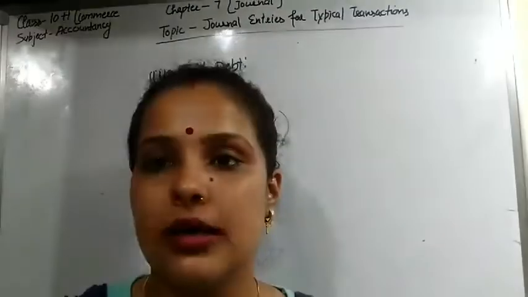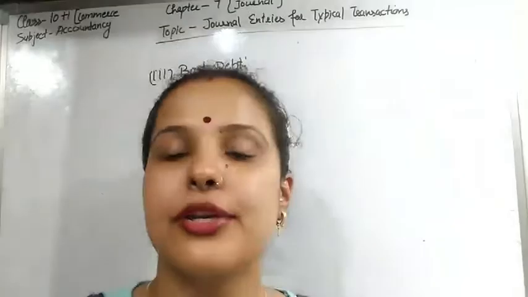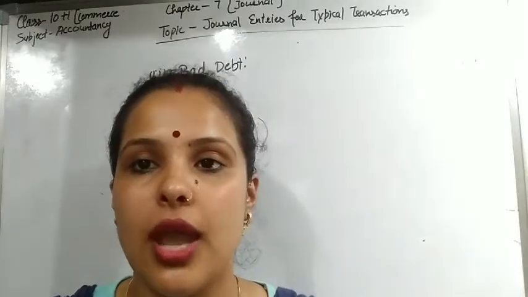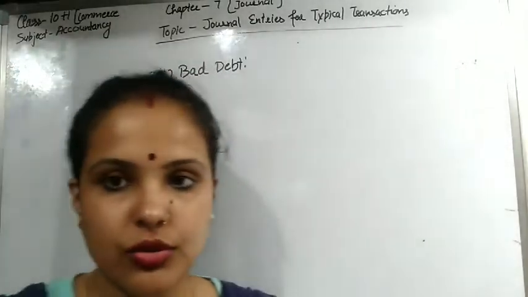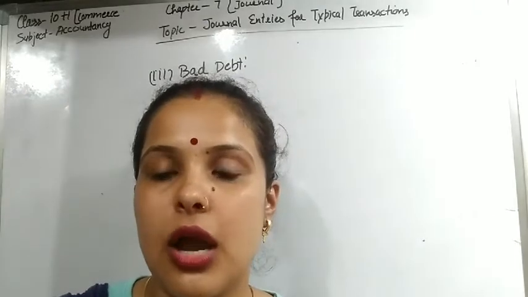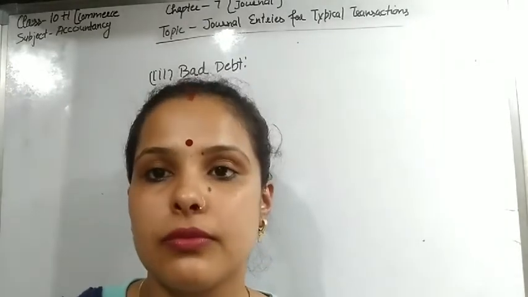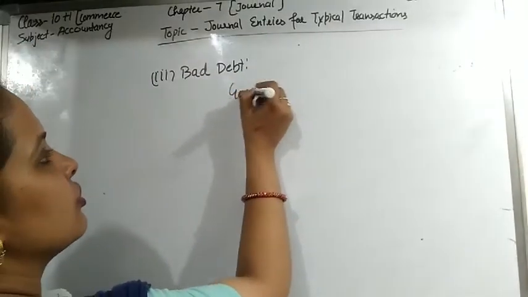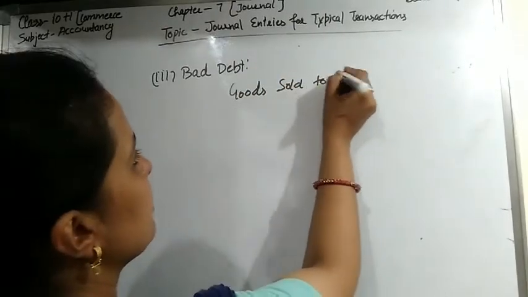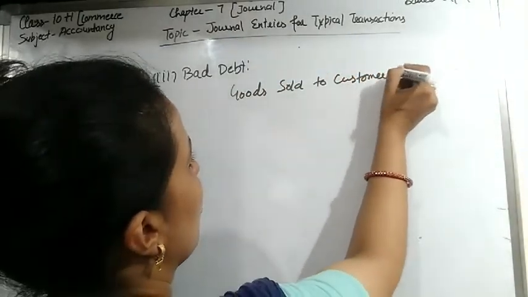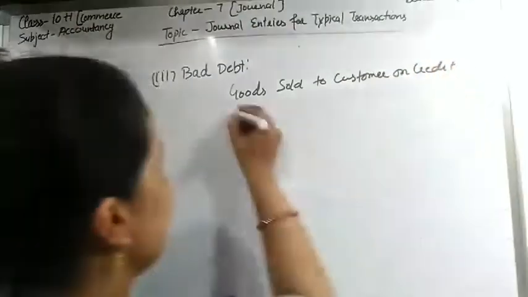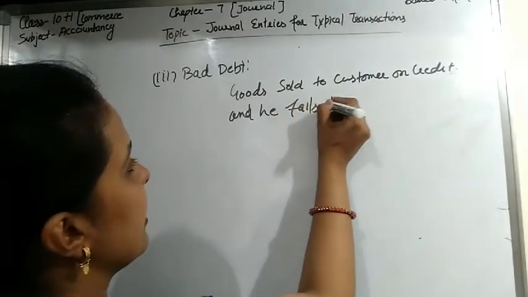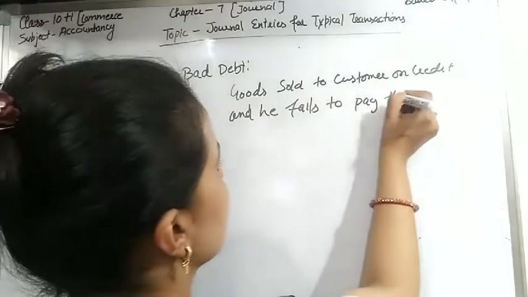Clear students? So the first transaction is related to partners capital account, the second is related to amount of loan, and the third is related to bad debts. Bad debts are the debts which are due from the customer. When goods are sold to a customer on credit and he fails to pay the money due from him